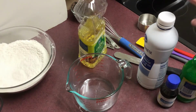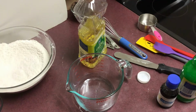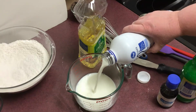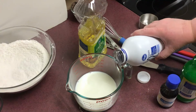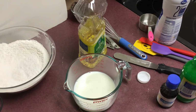The first ingredient I want to measure for my liquids is my milk. The reason I'm doing this is so that I can also use my liquid measuring cup as my mixing bowl for my liquids, and I can have one less dish to wash. So again, with that measuring cup on a level surface, I pour the milk in until I believe it's at the correct mark, and then I move down to eye level to make sure that it's exactly the right amount. If it's a little low, I add a little bit, and if it's over the mark, I would pour some back into the container. So now that I have 1 cup of milk,